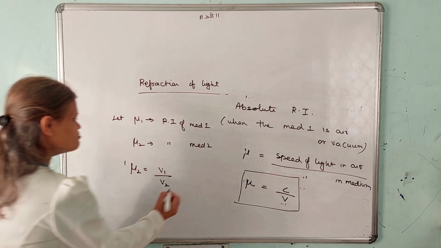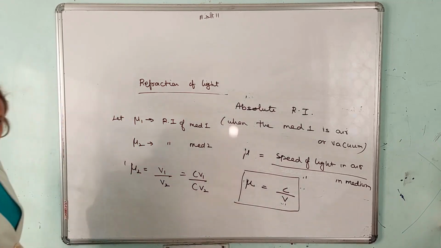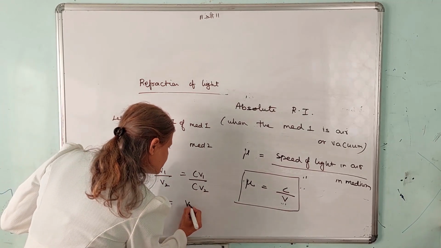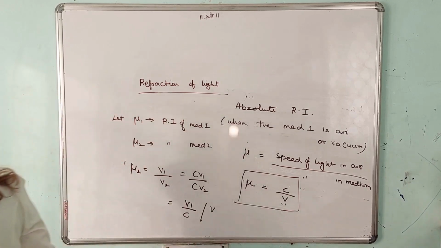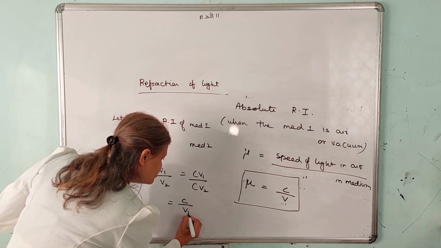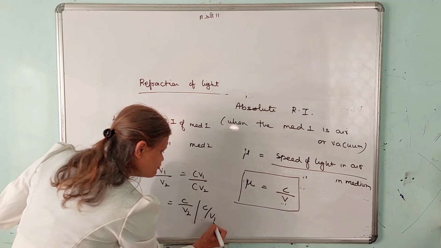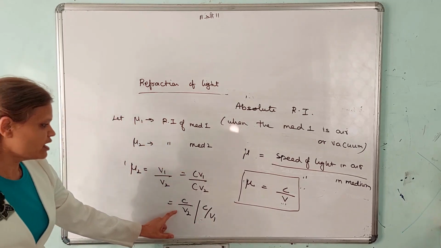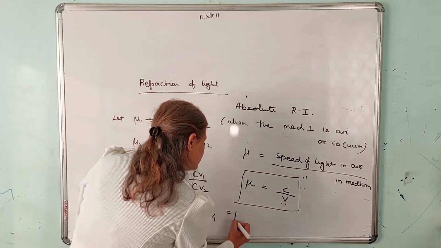Now we will multiply both by C. Then I will split it as V1 by C divided by C by V2, or this way, C by V2, divided by C by V1. C by V2 is nothing but mu2,